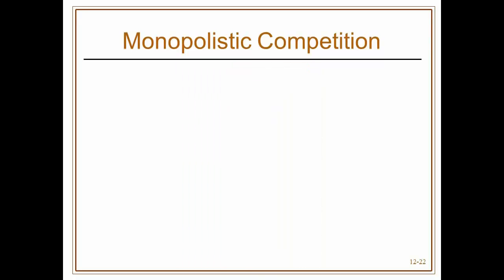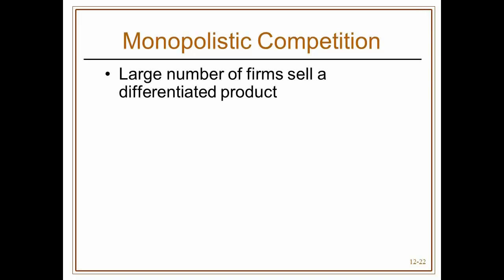Monopolistic competition is going to be one of the intermediate types of market structures. It's closer to the competitive end, so there's going to be a lot of aspects of competition in this sort of an industry, but it's got the monopoly word in there, so it'll be kind of a combination of them both. Like competitive firms, there's a large number of them, and like monopolies, they are going to sell a product that is different. When we say there's no substitutes for a product in a monopoly, we essentially mean that it's different from anything else. So with monopolistically competitive firms, you get this kind of combination where there's a large